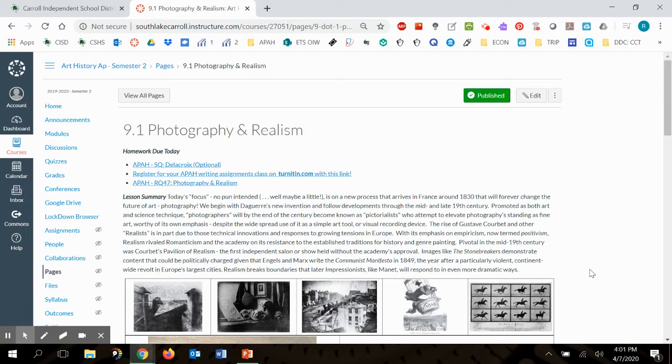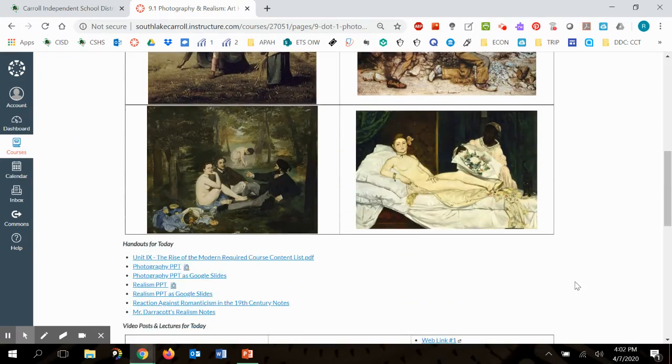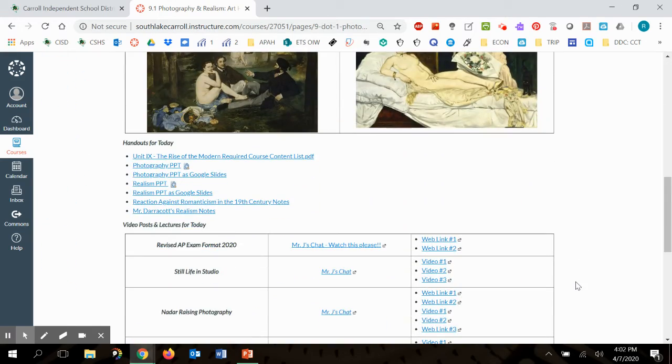All right, guys, we're ready for our last work of the day, Edouard Manet's Olympia. It's a work that we've seen before, but in light of our new exam, I think we can use it as a great example of that last question, continuity and change. You may see it in the first question too if it's compared to another nude because it's part of a long-standing tradition. That's why I introduced it to you in the beginning of the semester.